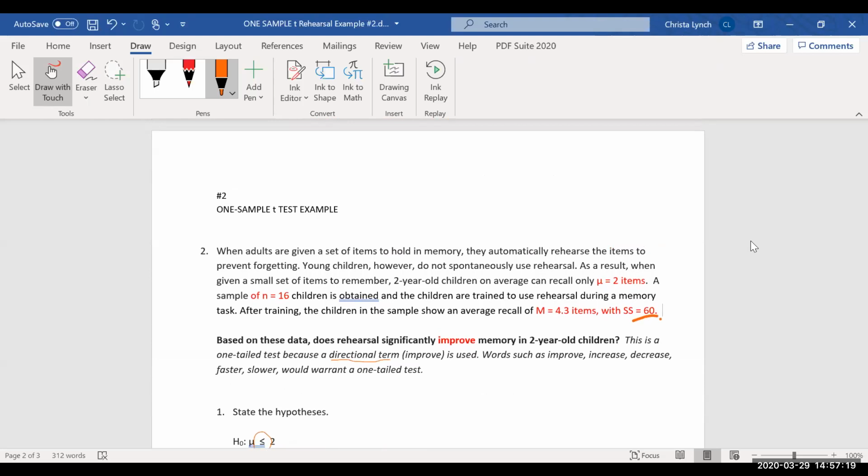Okay, so that about does it for the single sample or one sample t-test. And if you haven't watched it already, the other lecture is the independent sample t-test, or independent measures t-test. And that one actually has 2 samples instead of 1. Okay, so